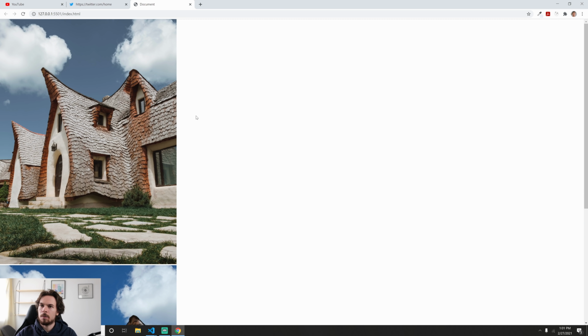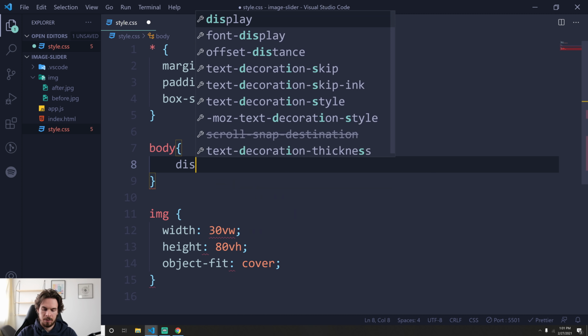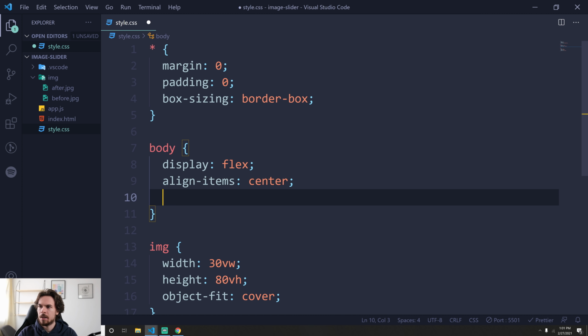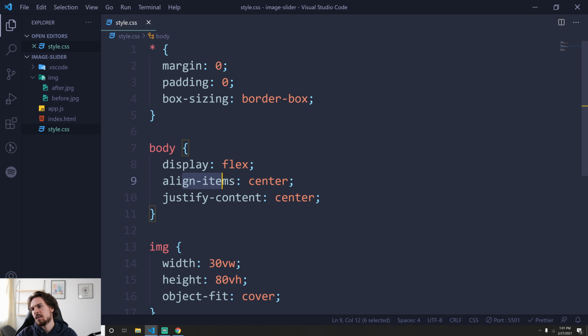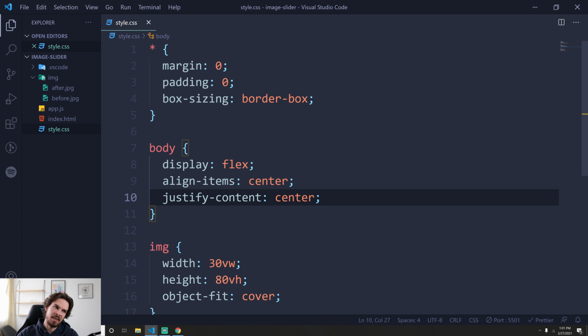And now what I wanna do is just kind of center everything here in the middle. So I'm just gonna grab the body and say display flex. All right, align items center and justify content center. So basically this one aligns it vertically and this one horizontally. Okay, there we go. Now it doesn't really align it vertically because we need to add a specific height to